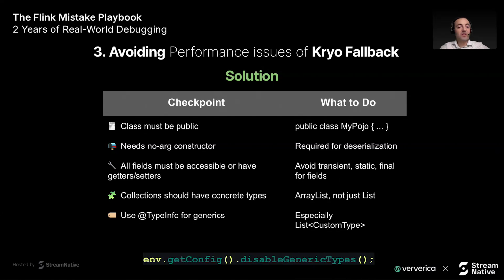But if it's not, it should be kind of like an array list or linked list, which are known types for the language itself. And then finally, use type info for these generic type annotations. For example, if you have a list type, by using that annotation, your Flink application starts to know that list type and know what to do with that kind of